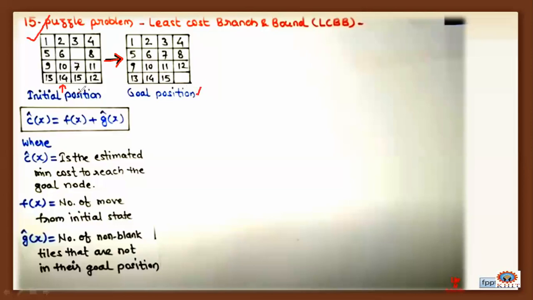And this is the initial position, and we need to arrange the values in an order. Finally, you will reach the goal position. So in order to reach the goal position, you simply apply the concept of the least cost branch and bound technique to the given problem to solve for the goal position of the values in the frame. Now, students, we will solve the problem by using the formula we will discuss now. Okay.